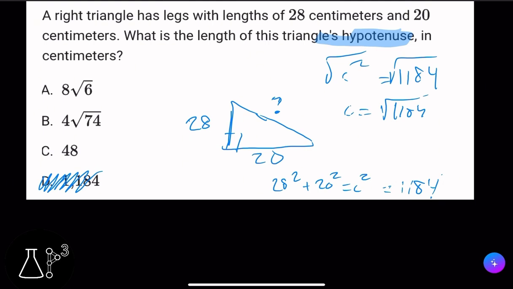So now what we want to do is figure out what we can do with the 1,184. In these types of questions, what I like to do is figure out, can it be squared out? What do I mean by that exactly? Let's say, for example, I have the square root of 8. I can rewrite that as the square root of 4 multiplied by 2. And as we can see, 4 is indeed a square